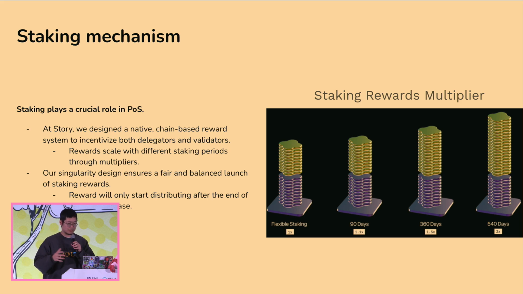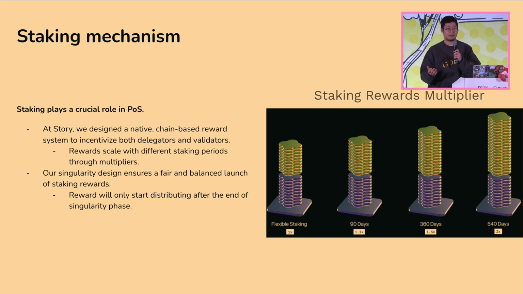The second part I want to deep dive into for our layer 1 is the staking mechanism. Imagine Story wants to elaborate and break this into real-world use cases. We actually designed a special system in the staking mechanism. Think of it like you are in the bank: you want to save your money in the bank and then earn the APY. Normally it's a fixed staking period, right? You have to stake for a year or 2 years to gain the incentive.